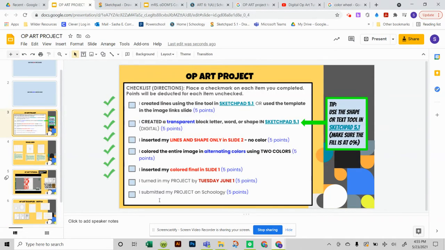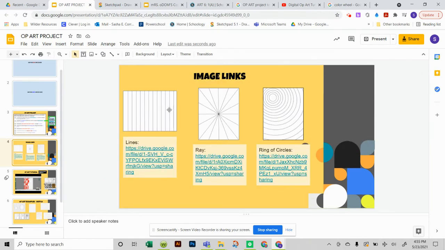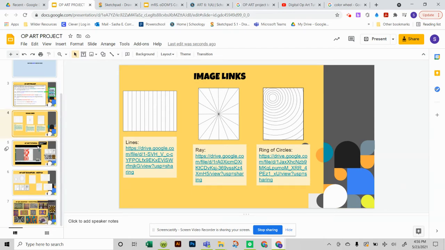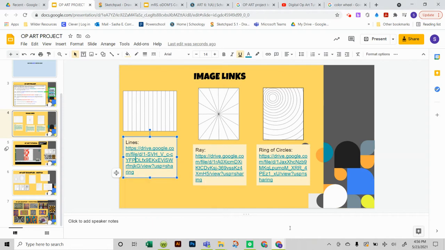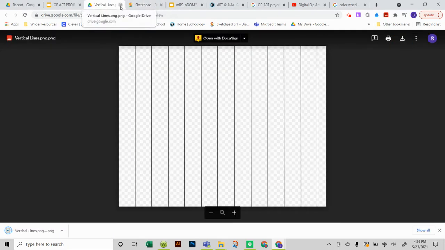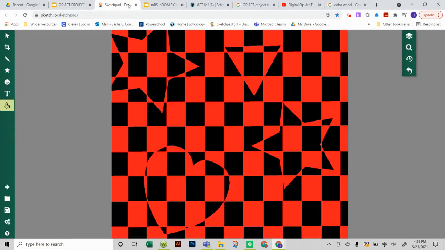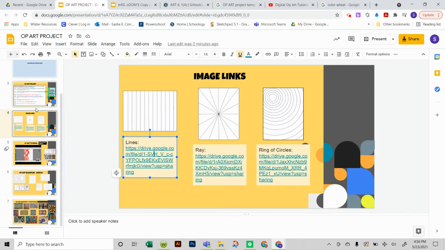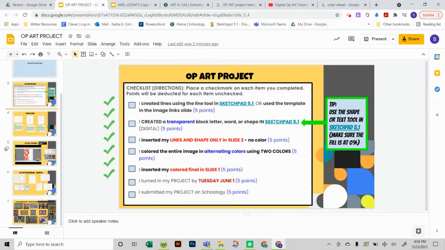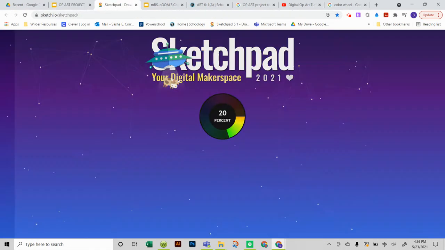First thing you're going to do is read the instructions. Create lines using the line tool in Sketchpad 5.1, or you're going to use the template in the image link slide. This is the image links slide. You already have these lines in vertical orientation, so you're just going to download them to your computer. Okay. Download it to your computer. Then you're going to go back to your slide. You're going to click on Sketchpad 5.1 so you can create your transparent shapes and input your lines in your